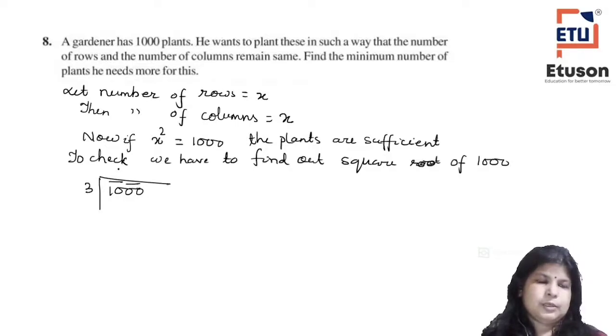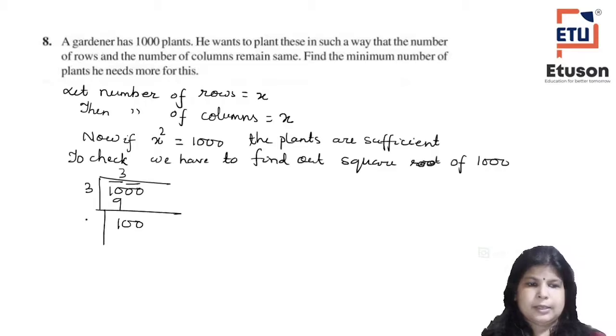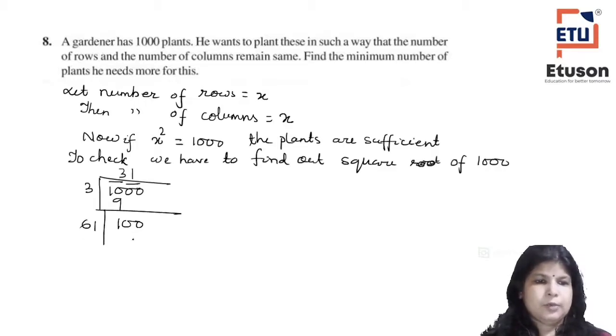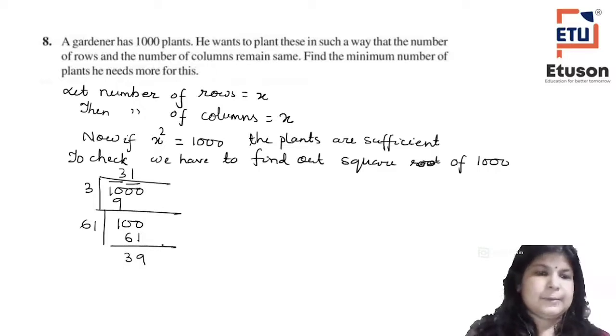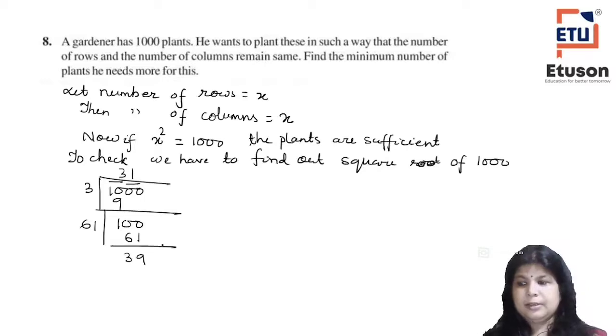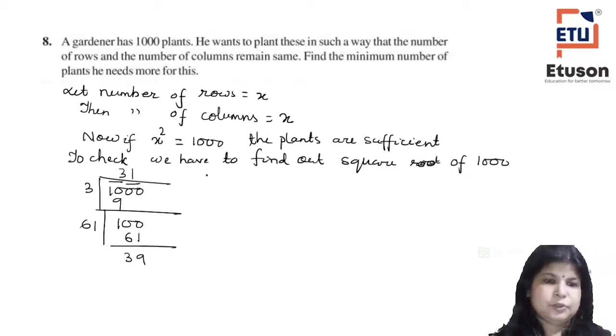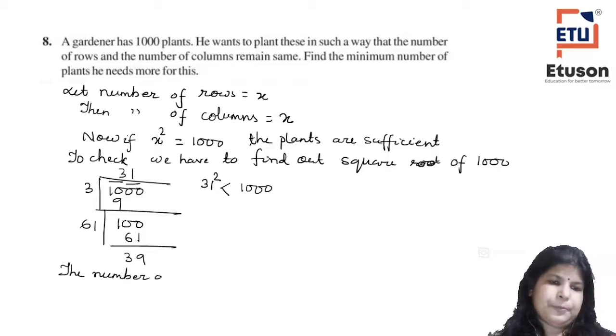So you get 3 square, that is 3 into 3 is 9. Then you get 100. Then 6, 1, 1, 61. And the remainder you get is 39. So from this it is very clear that 31 square is less than 1000, right? So the number of plants